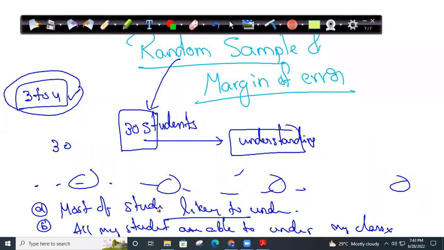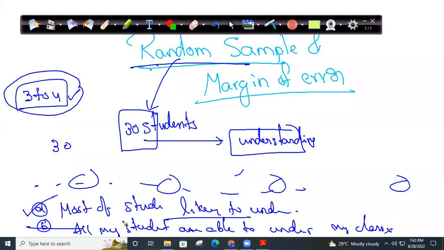So when you are doing a sample, this is called statistics. In statistics, you should give general statements. You should never give damn sure statements. All my students will understand my classes. All my students will get 1500 or 1400. I'll become full at the end of the day. Most likely, same statement, most likely,